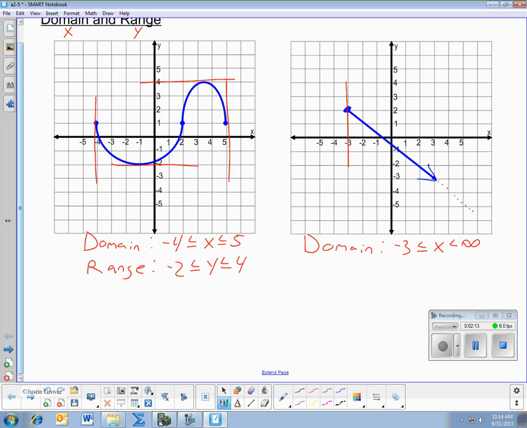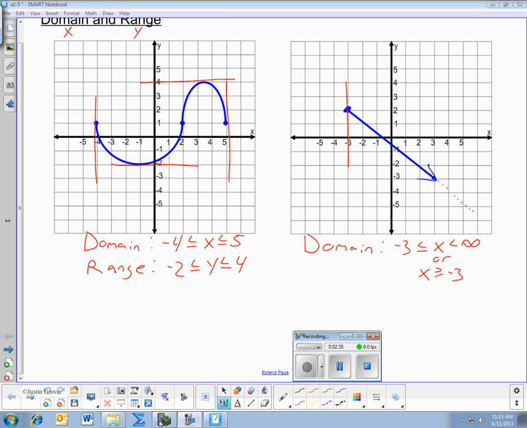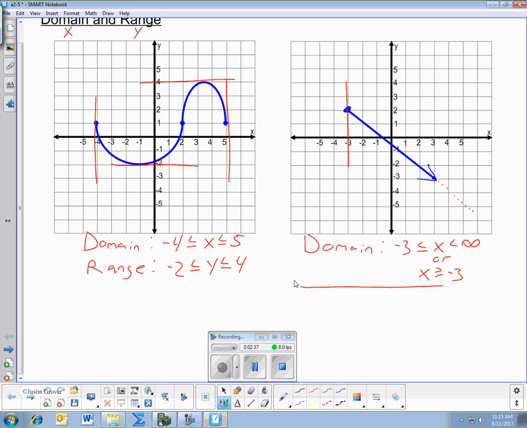Another way of writing that, though, is basically just saying that x is, what we have over here. X is greater than or equal to -3, because it's every number greater than or equal to -3, because it's -3 to infinity. And both of those notations would be acceptable. Just move this over. Now, for the range,